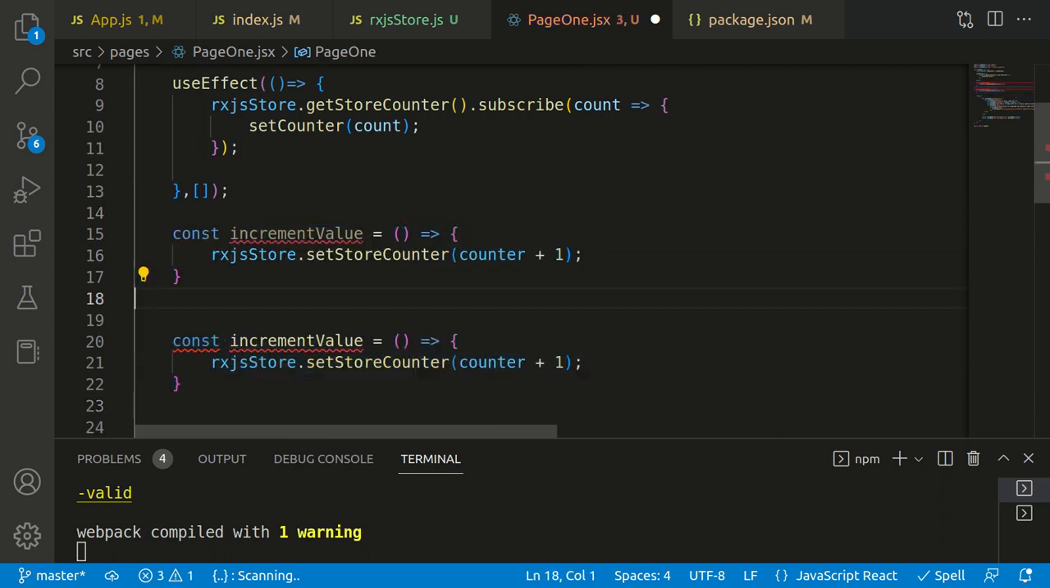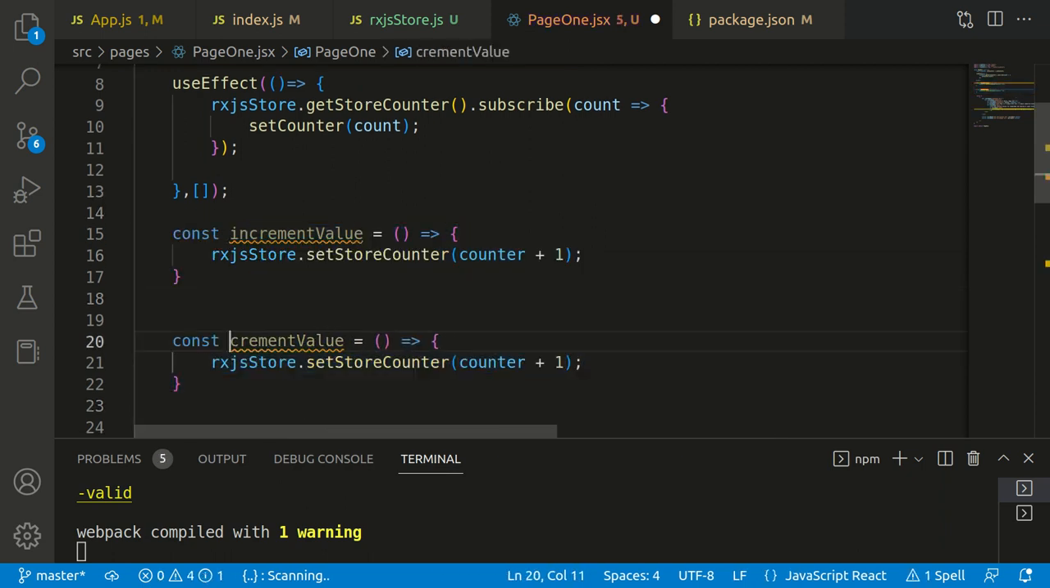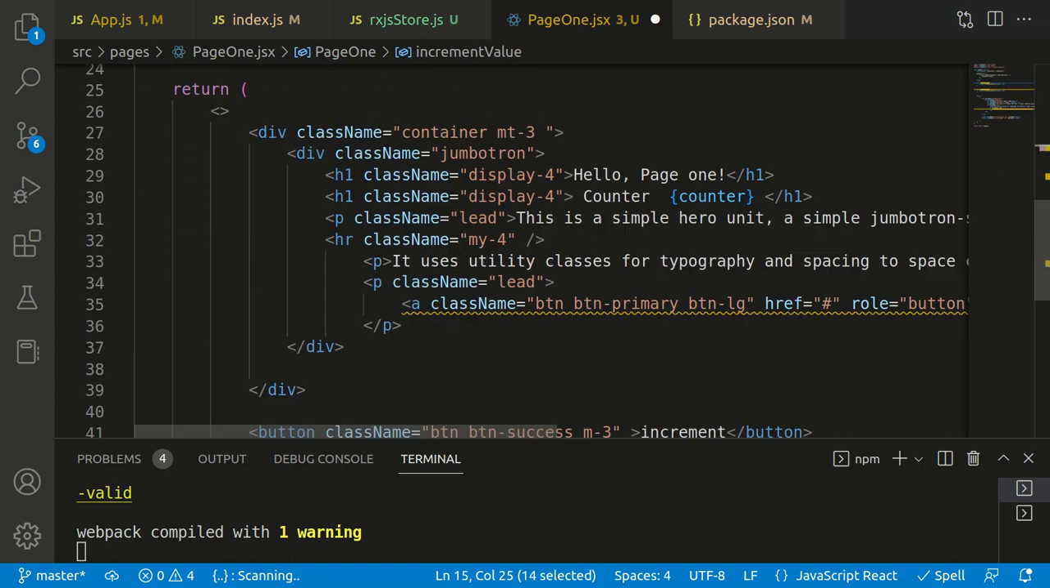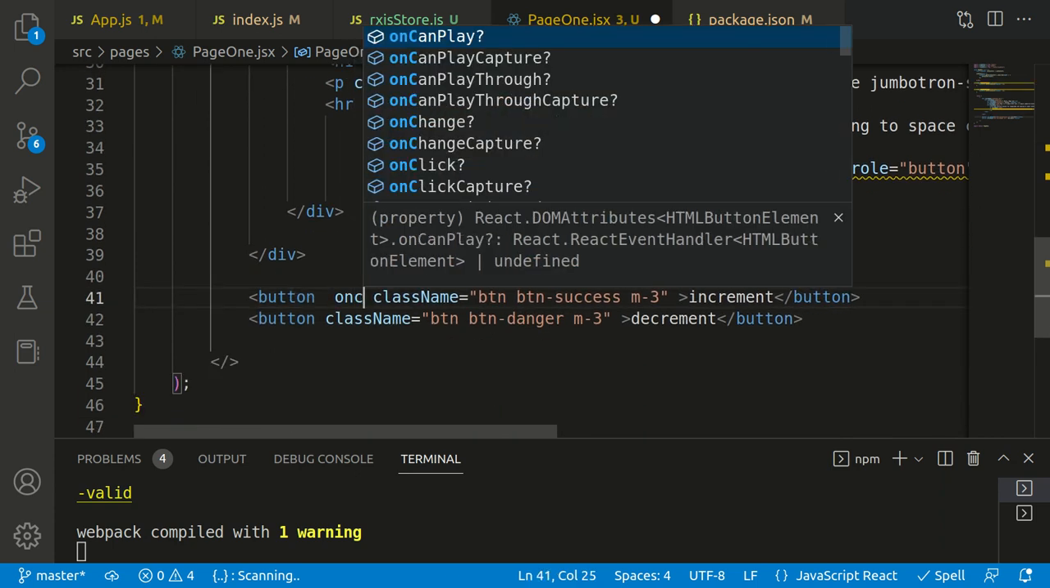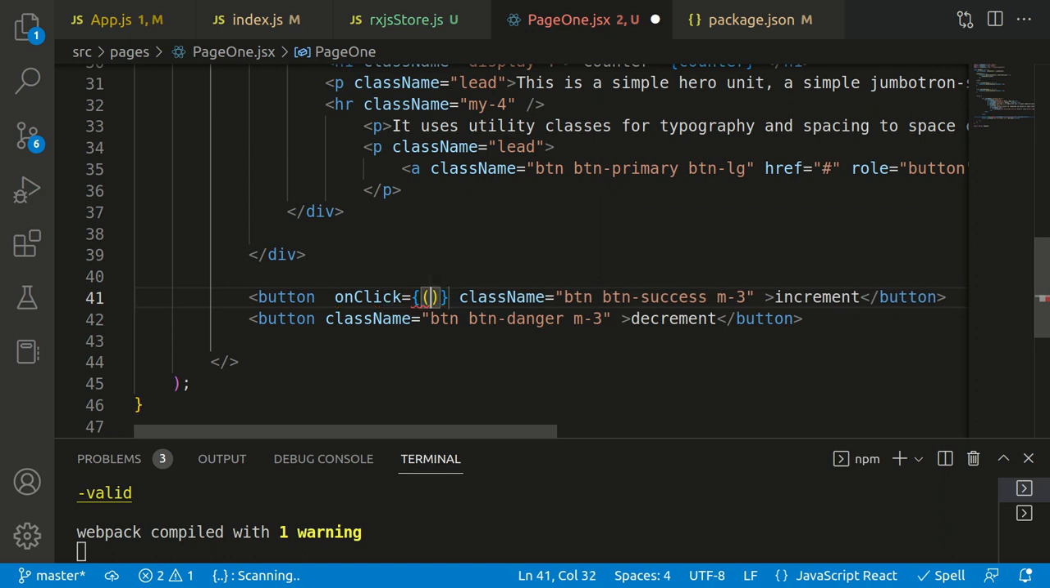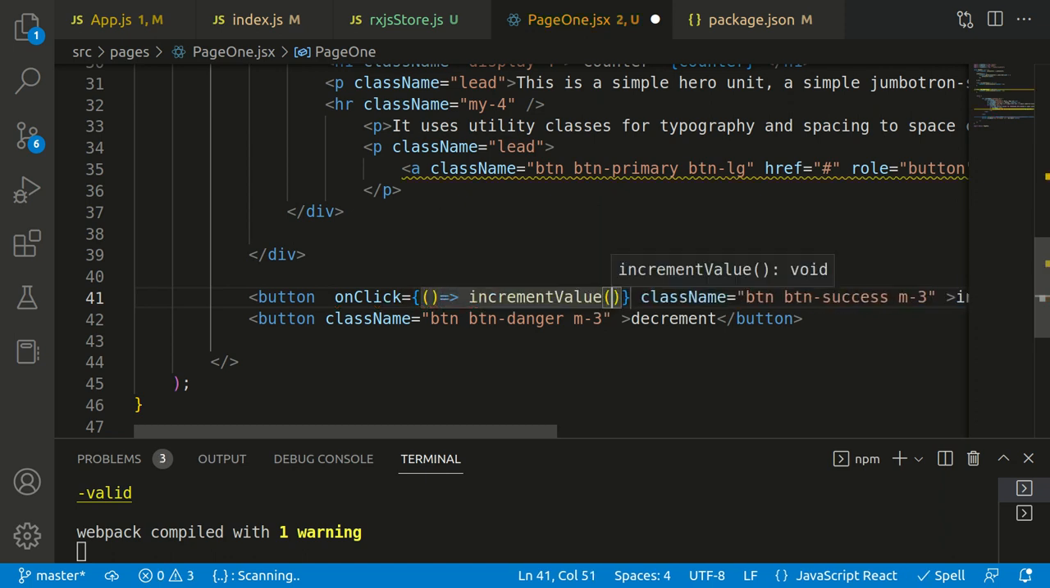Okay, so this should be what? Decrement. So for the decrement, I'm going to take the value of the local state and deduct 1 from it. So I want to use this function. So if I go to the button, I'm going to define an onClick. So in the onClick, what I want to do is to set this function, increment value, for the increment button. So I'm going to copy this and put it for the decrement button,